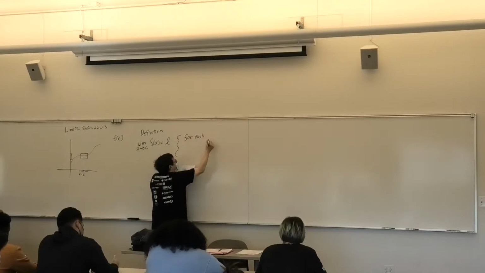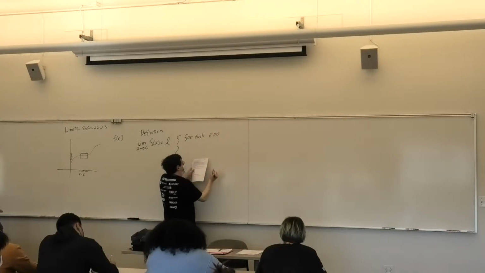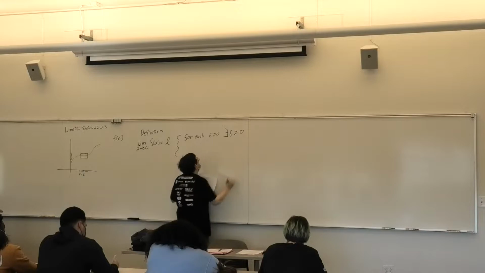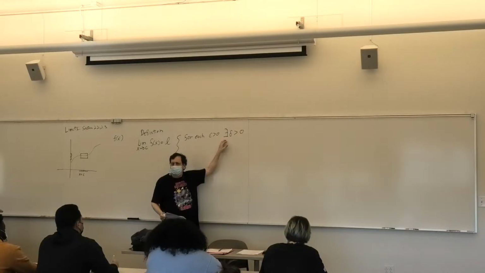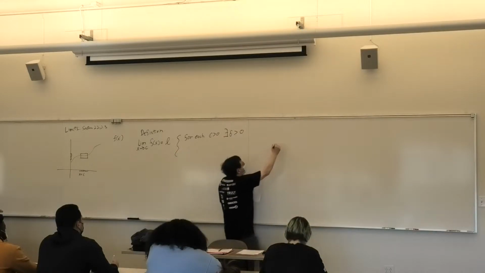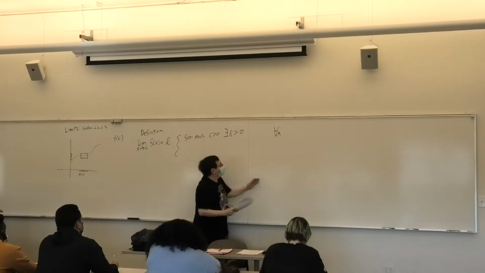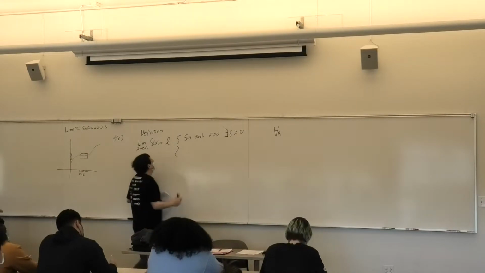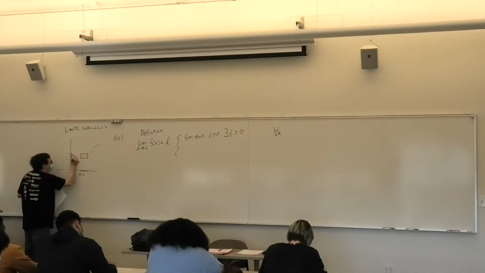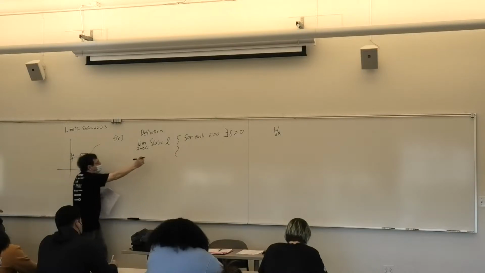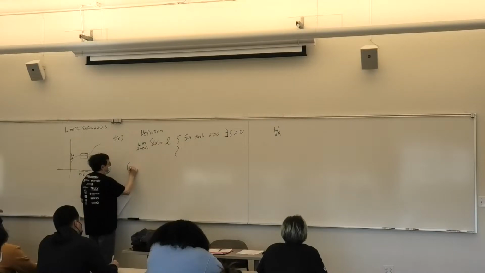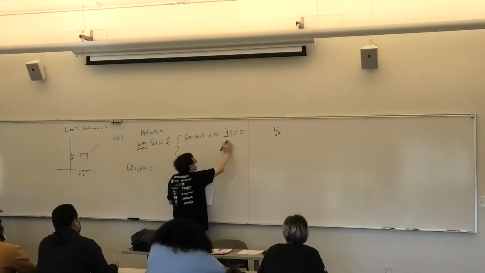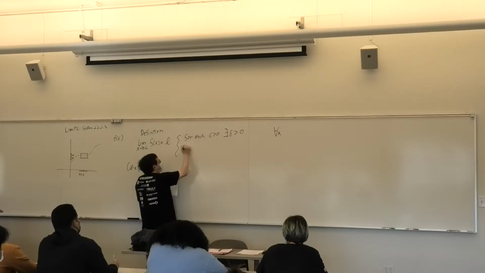For each small number, which we call epsilon, greater than 0, there exists a delta greater than 0. I don't know, are people familiar with this notation? There exists. There's a similar notation you might use for all x. So for each small value of epsilon, which is going to be a number bracketing our limit, in other words, from L minus epsilon to L plus epsilon, for each such epsilon, there's a delta such that